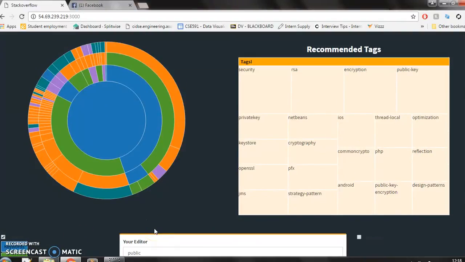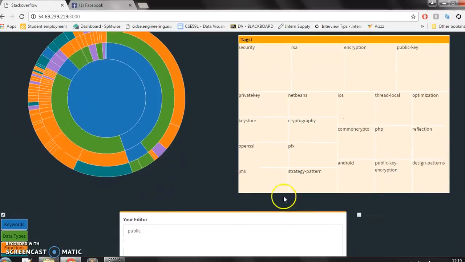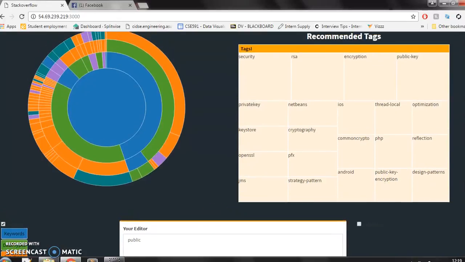Now let's see how the zoomable tree map works. So for the code that the user has typed so far, what we do is that we do a code similarity search inside a database. So we first create text indices on the code column so that the search would be much faster. So the code similarity is done by implementing a Levenshtein algorithm, which returns a similarity score given two codes. So now let's just say that the user has typed the word public. So for this word public, we do a similarity search in the database, and we retrieve all those questions and answers which have a high similarity score.